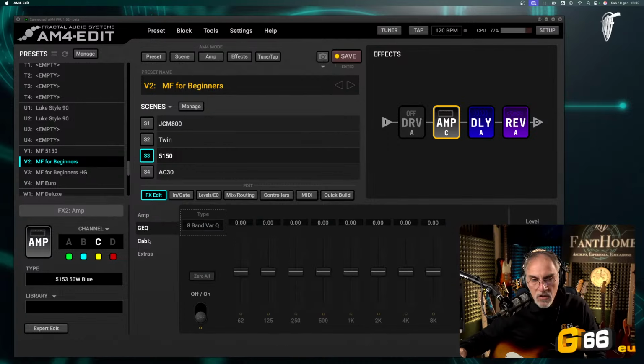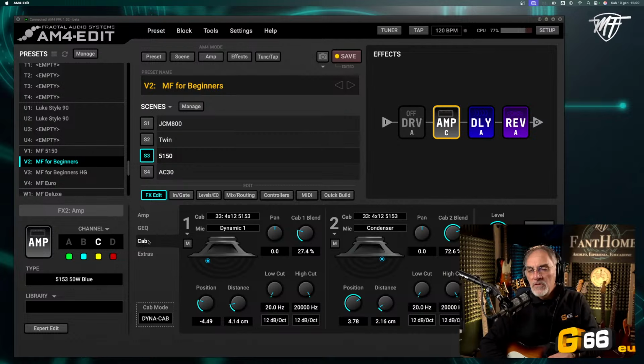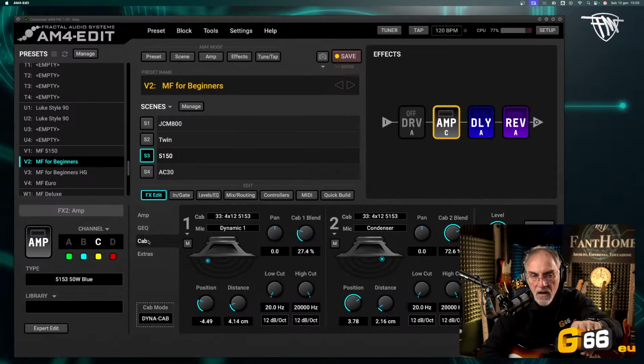As you can see, no EQ. I prefer not to use the EQ. This is not necessary. I try to work with the cabinet to find the correct matching between the amp and the cabinet. Now, as you can see, I use the factory cabinet, the 4x12 5153 with the dynamic and condenser. We have to take care, of course, of the low cut and high cut, but also of the position of the microphone.